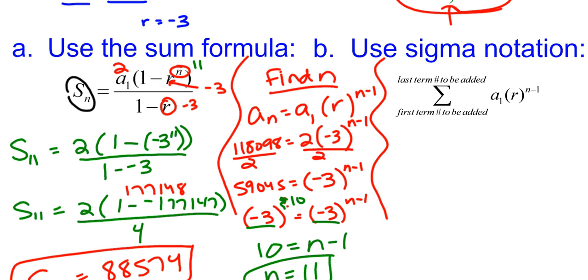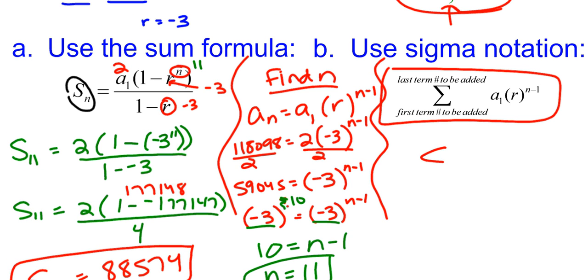So when you come over here, I'm using this formula now. So this is all done on my calculator. It's going to be summation from the first term to the 11th term. A1 is 2, R is -3, and it's N minus 1. We can leave it N. So now when I go to my calculator,